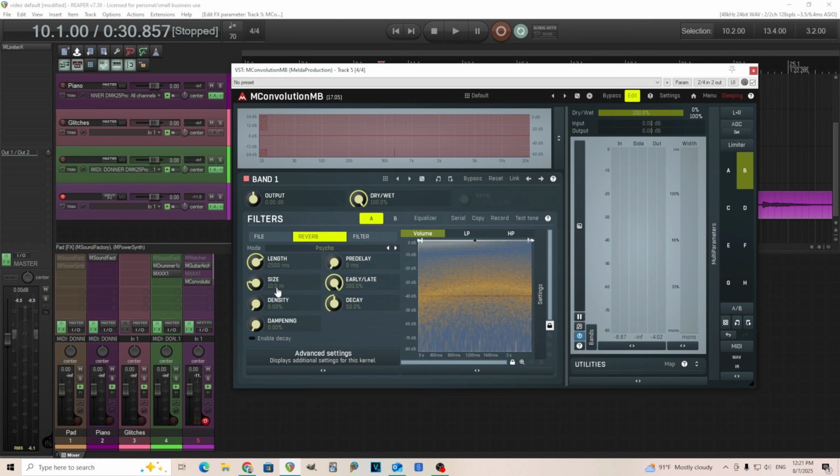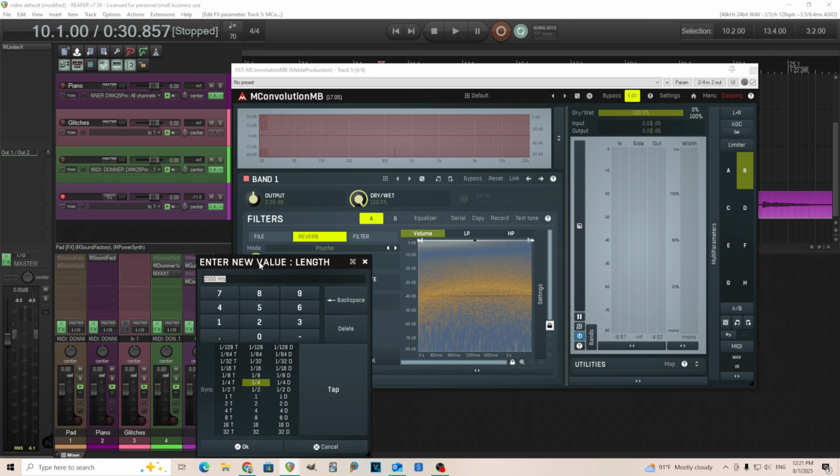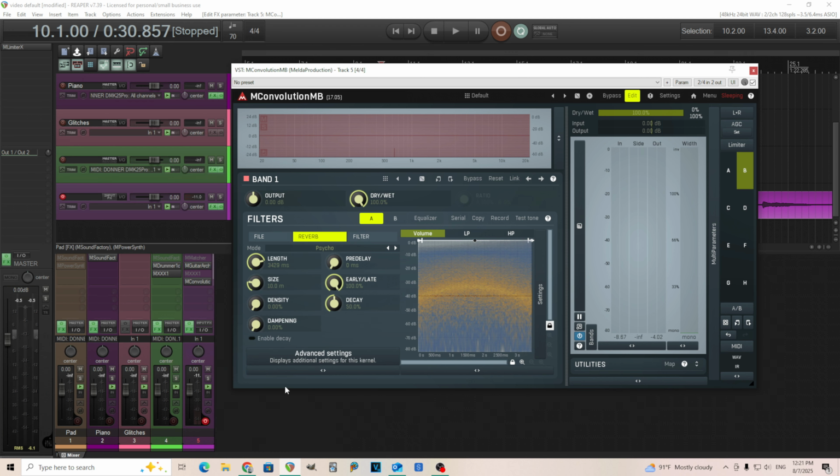So what I want to do is change the length to, let's say, the length of my song. You can do whatever you want, but let's say 1 bar here, and this song at 70 beats per minute would be 3,428.5 milliseconds. So here, if I play it,